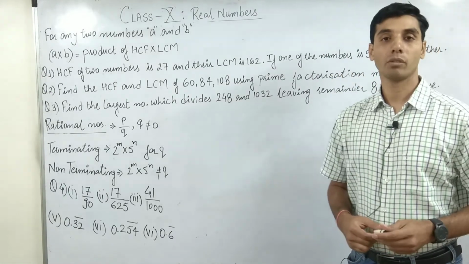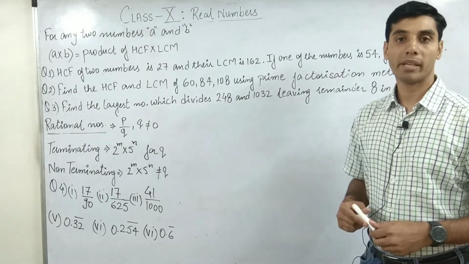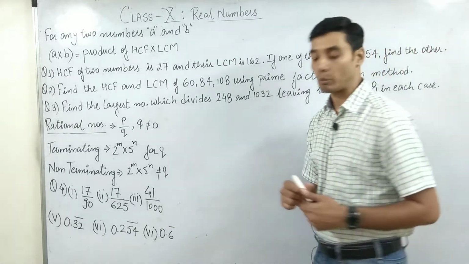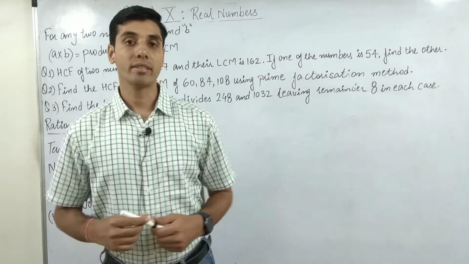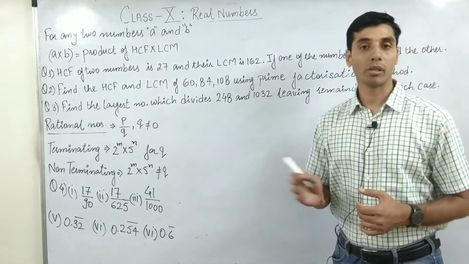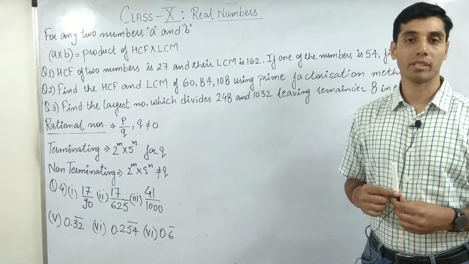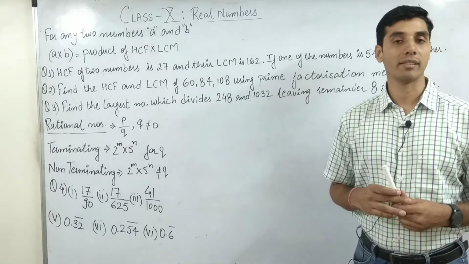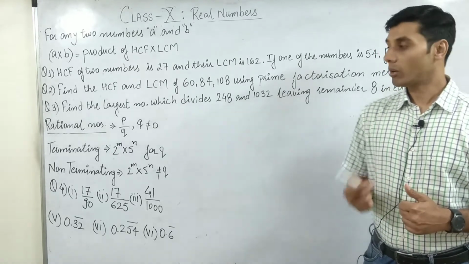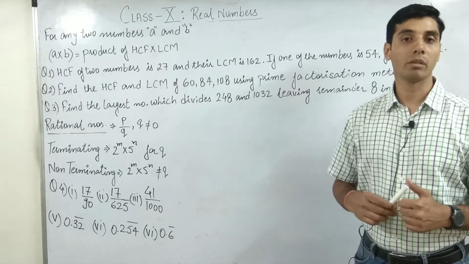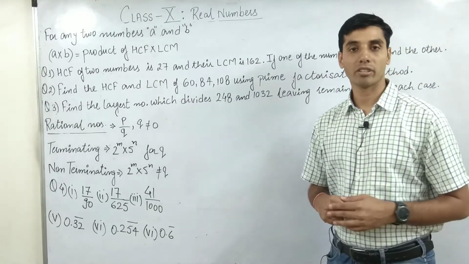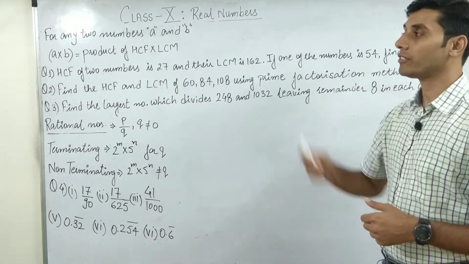Hi guys, good morning, and let's start and complete, or try to complete at least, this lecture of real numbers, or sorry, the topic of real numbers. Till yesterday we studied what real numbers are, how we use Euclid's division lemma and Euclid's division algorithm, and how to find HCF and LCM. Today we are going to discuss certain properties of real numbers, also the terminating and non-terminating, the rational and the irrational numbers. Let's see, and tomorrow I think this topic should complete. So let's start with the first part.